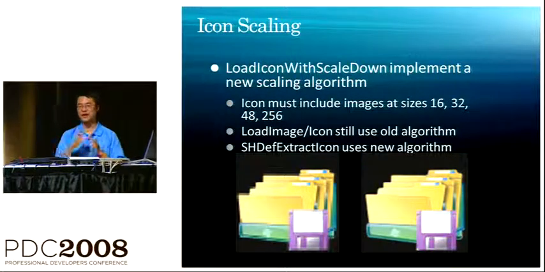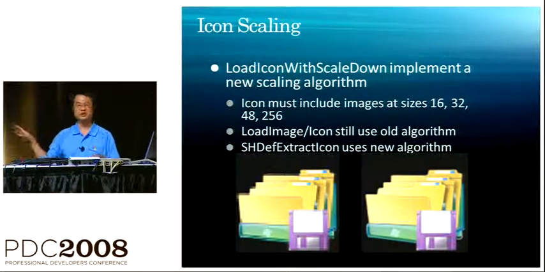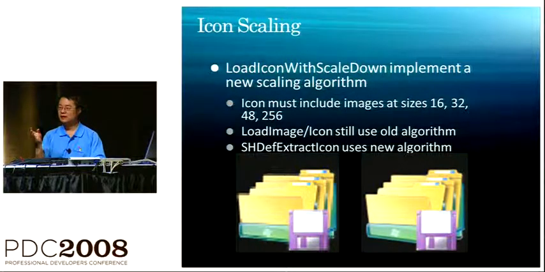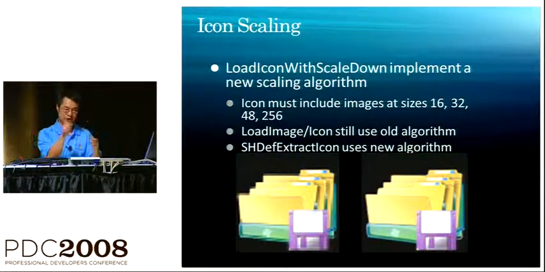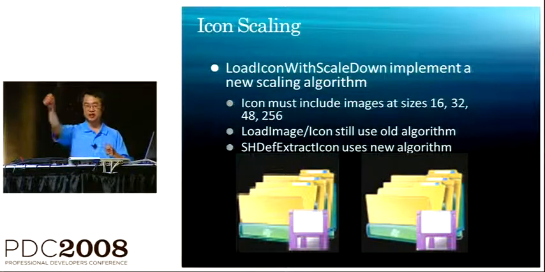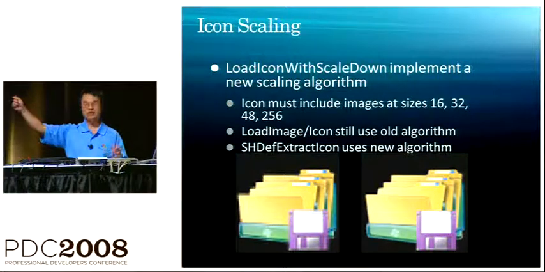So for example, if we ask for an icon that's 96 by 96, but the only images in the icon are 16, 32, 48, 256, the old algorithm would say, well, 48 is closest to 96, so I will take the 48 by 48 image and stretch it up to 96. Whereas the new algorithm, LoadIconWithScaleDown, will say, I will go to the 256 and shrink it